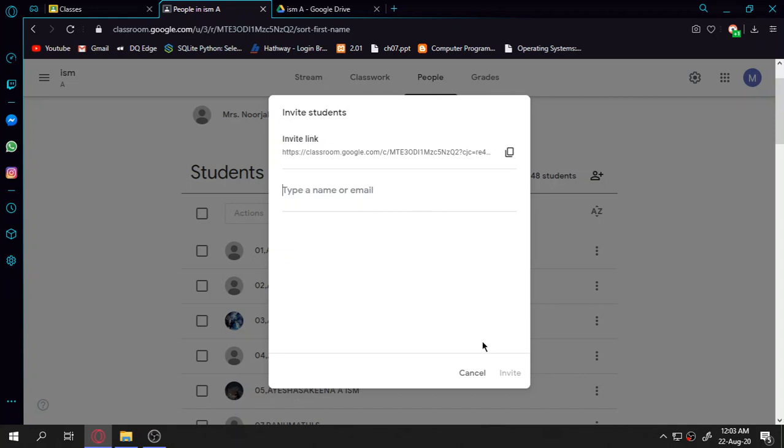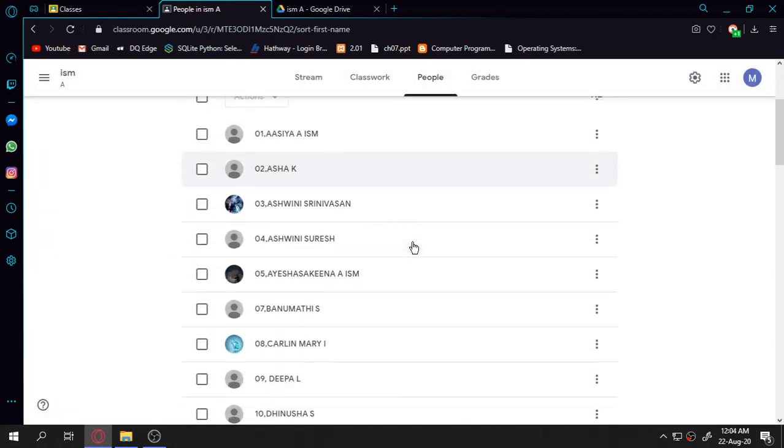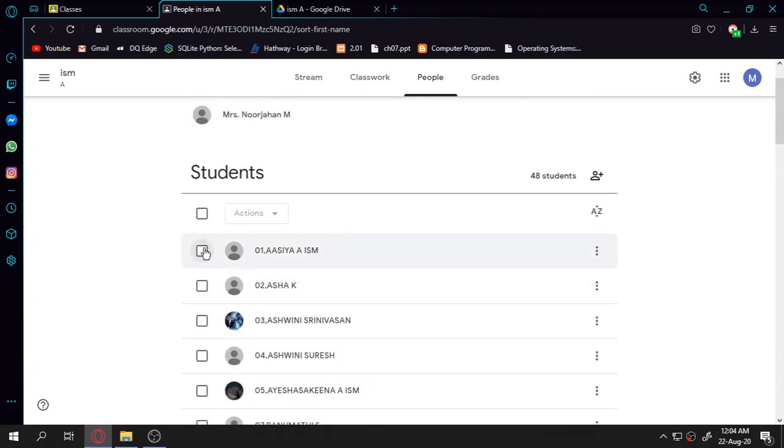That is the purpose of this particular option over here. And then regarding the student wise, suppose I want to message one student from the information, I just click on one student, and say for ASEA I want to give the work, I can just say email the student. If I go to email, it will take me to the email option.